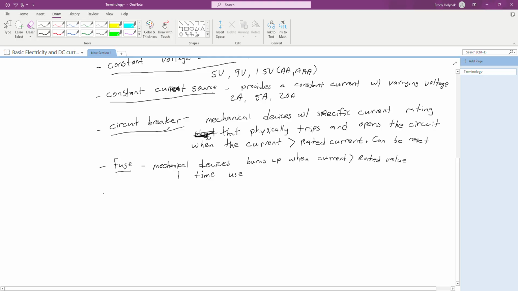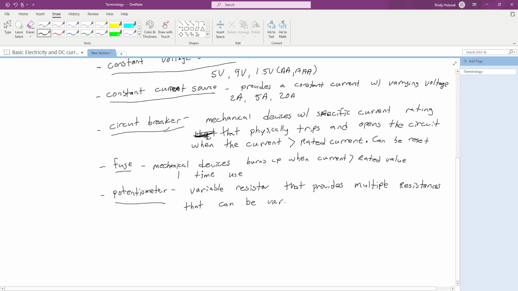All right, so then after the fuse, we are going to be looking at a potentiometer. A potentiometer is a variable resistor that provides multiple resistances that can be varied up to its rated value,